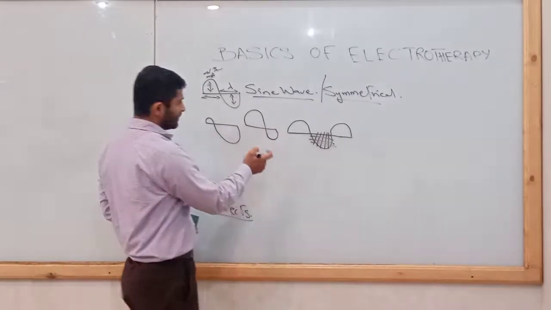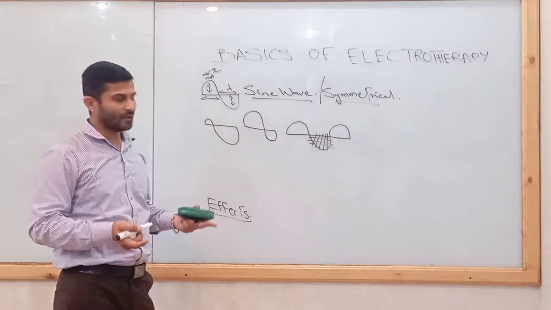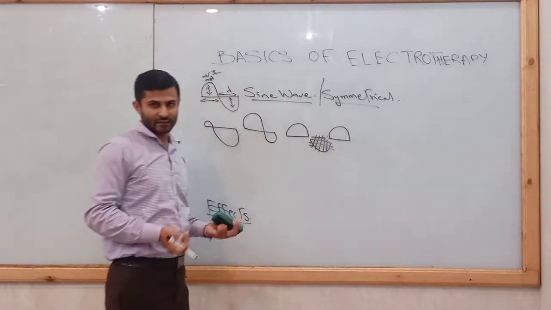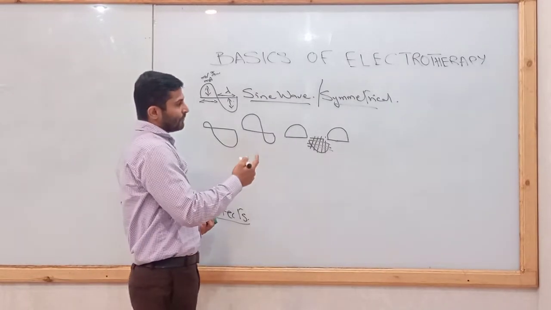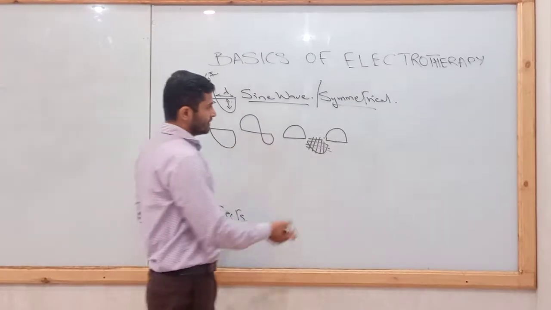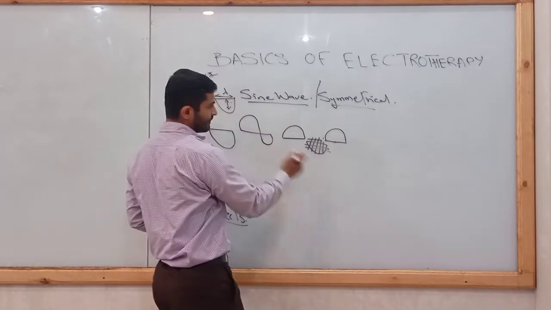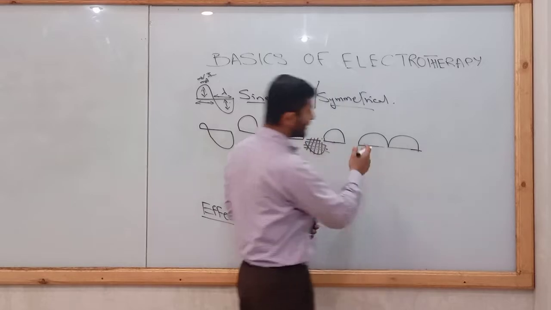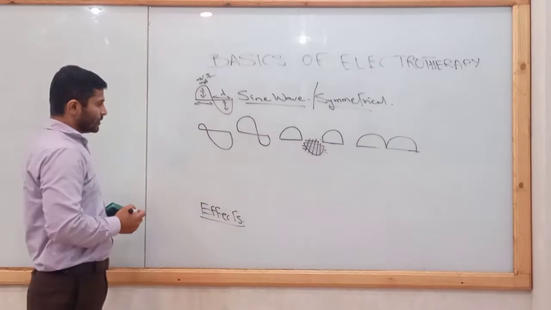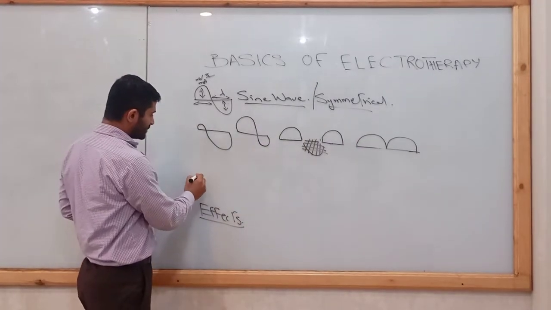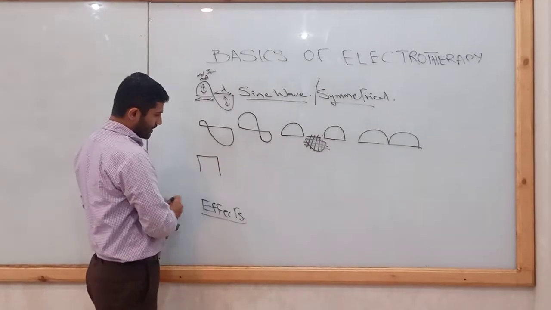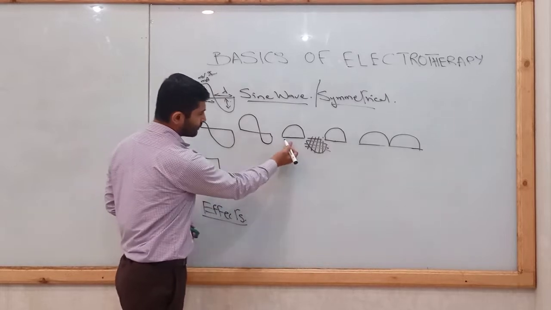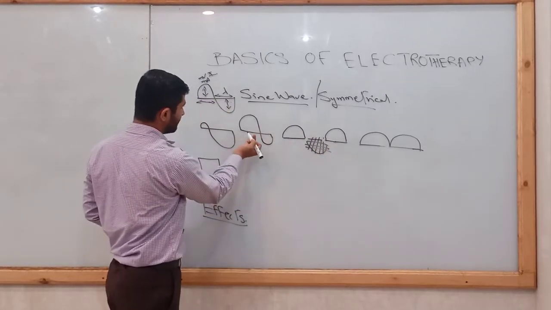So any one portion, and it is called half wave rectification, and now it becomes an intermittent current as well. If we go for full wave rectification, then the same sine wave will become like this, and it will be continuous. So the other waveform can be a square waveform, and it can be monophasic, just like this is monophasic, this is monophasic, monophasic, these are biphasic.